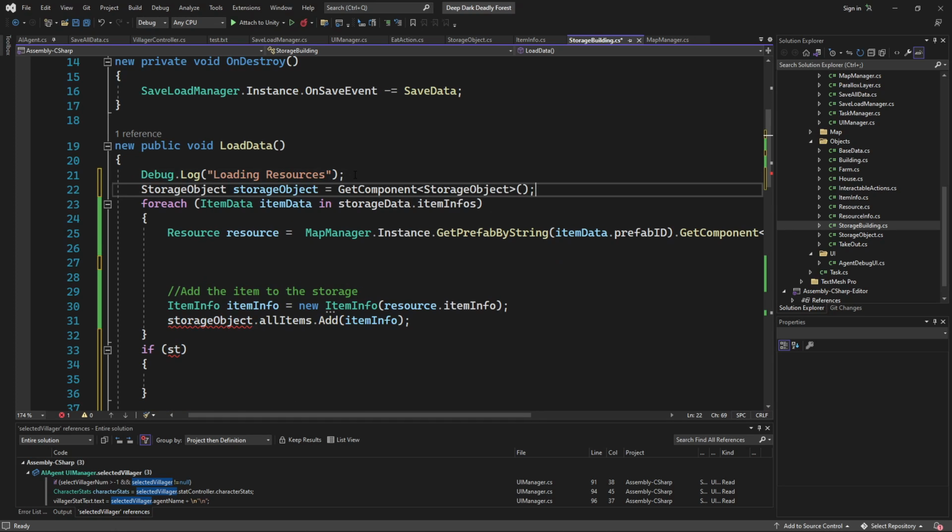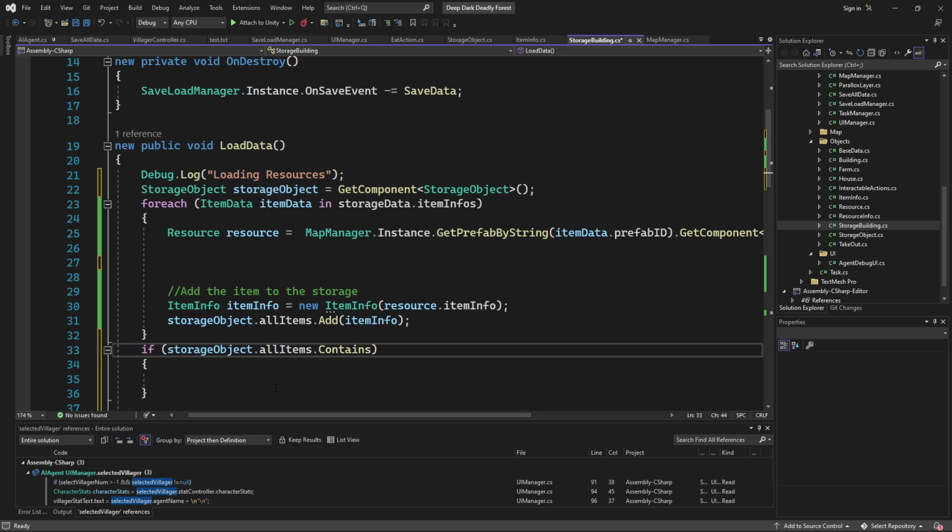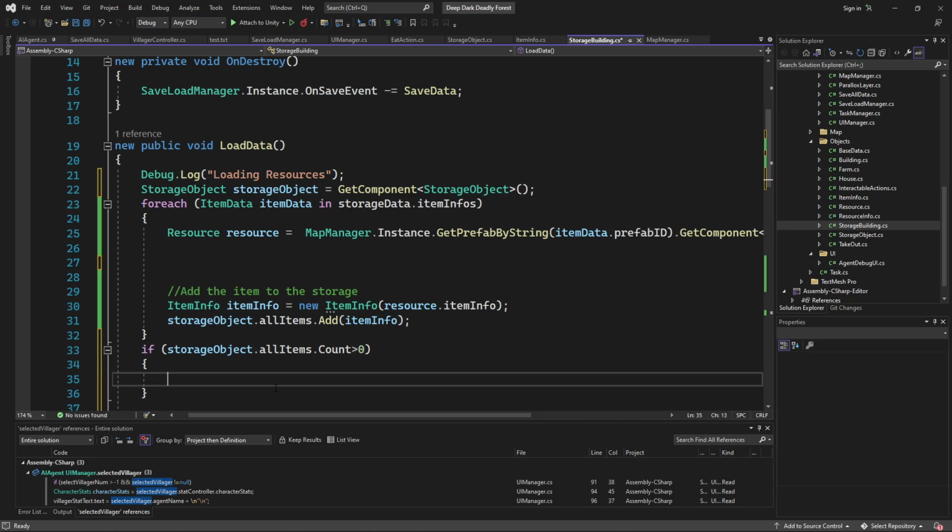Put it right here. If storage object dot all items dot count is greater than 0, we're going to say